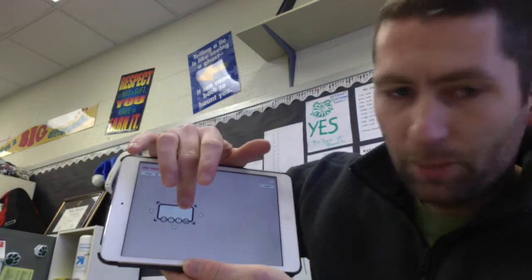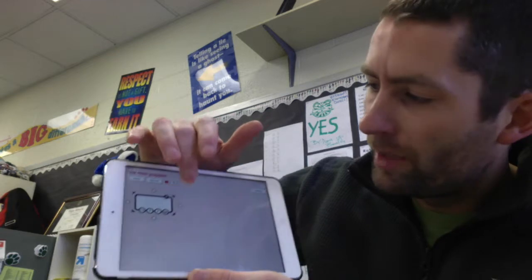So what I would like from you is for you to make a Popplet. So on your iPad, I want you to go to Popplet, and I want you to come up with 5 events, 5 things that you think really helped cause the American Revolution. Now, everybody's Popplet is going to look different. There might be some similar ones that we see on some of the different Popplets, like the Boston Massacre might be a common one. So when you're on Popplet, we're going to just make 5 events.